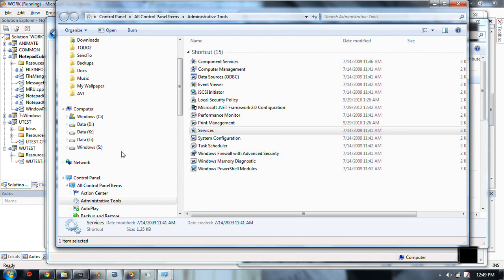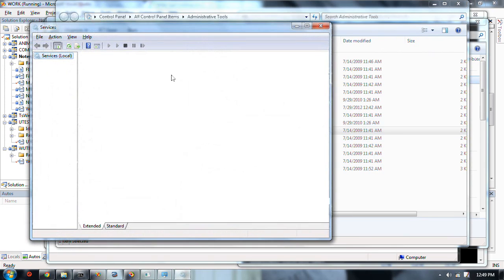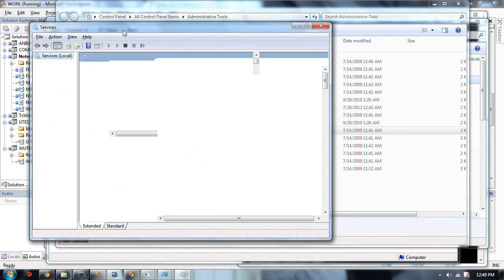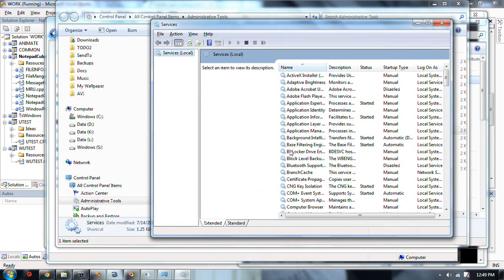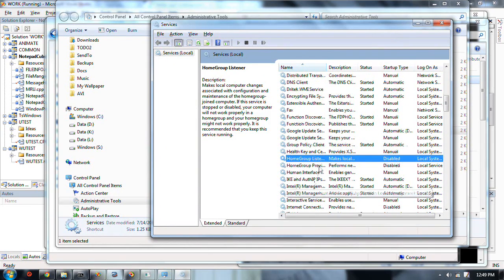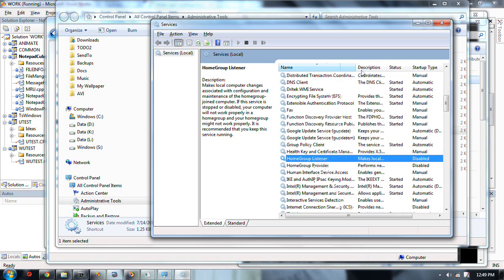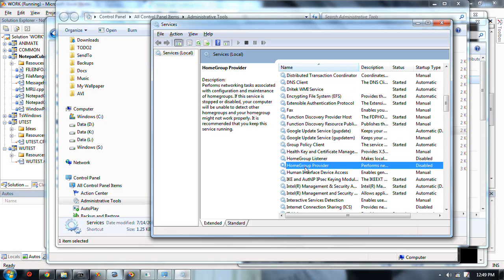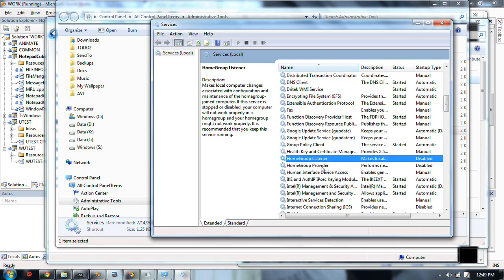So if you have that showing up there and you have no use for it, like me, you can turn it off here. I don't even know what a homegroup is. I don't want it. Whatever it is, I don't want it. So I just disabled it, and that gives me,